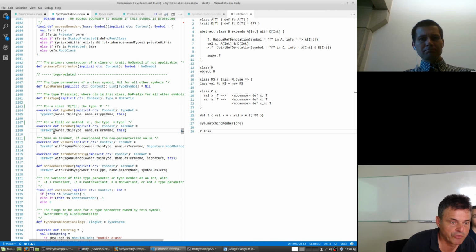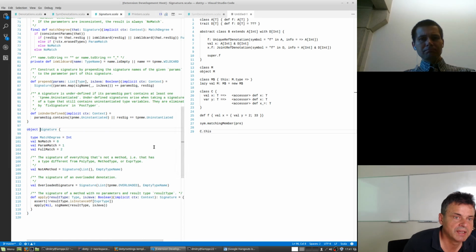So for the term ref, it's very necessary because we have to essentially add the denotation here. Actually, for a term ref, in most cases what one does is one doesn't use term ref but term ref with sig. Have we talked about signatures yet? Maybe not. Dmitry said you'd discuss it later. Okay. So a signature is